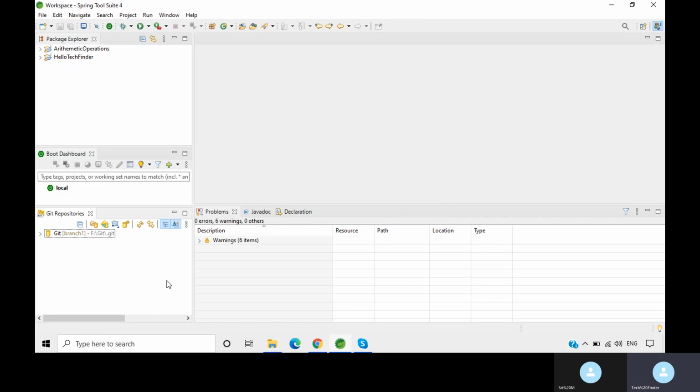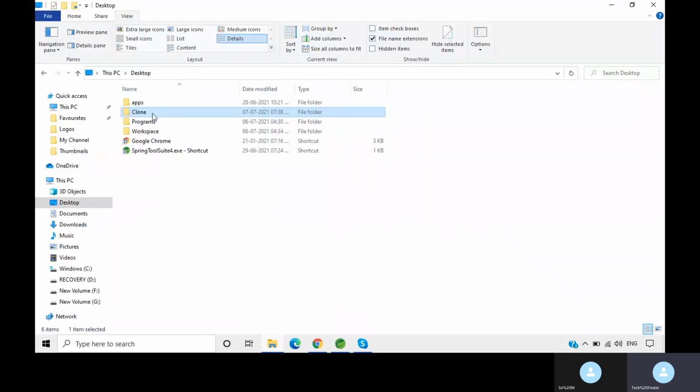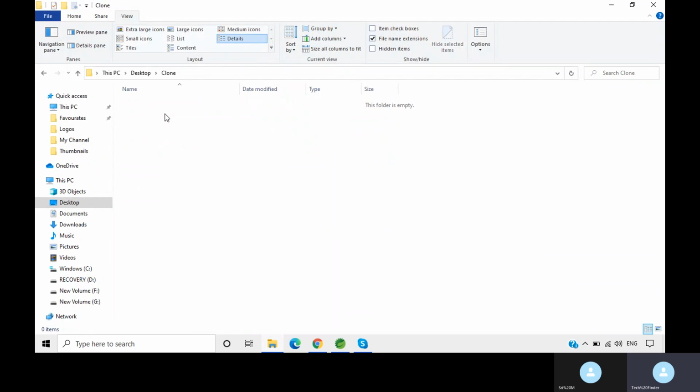This is one way. And the second way of cloning a repository is through the command prompt. First of all, go to the folder where you want to keep your cloned project and type cmd on the top to open the command prompt in an easy way.